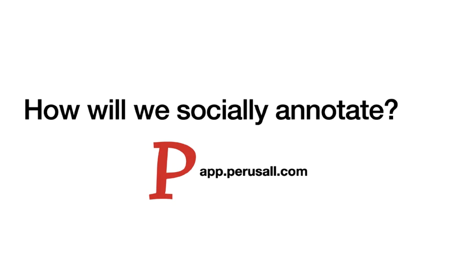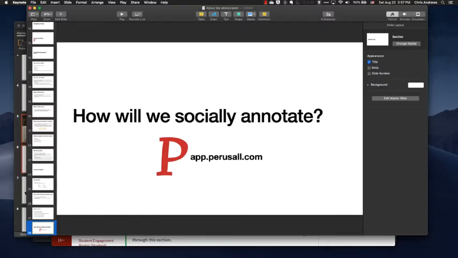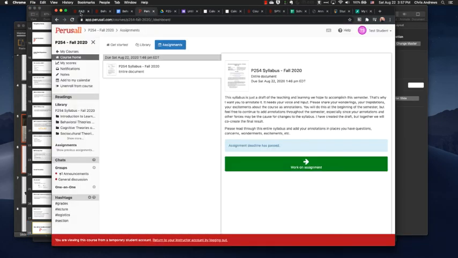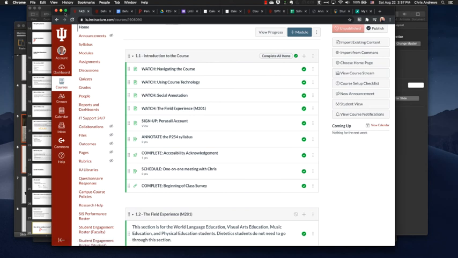So how will we socially annotate? For this course, I've used a different program before, but this time we're going to try using Perusal. And I'm going to show you a little bit of what Perusal looks like. I showed it in a different video here, but first of all, inside of Canvas,